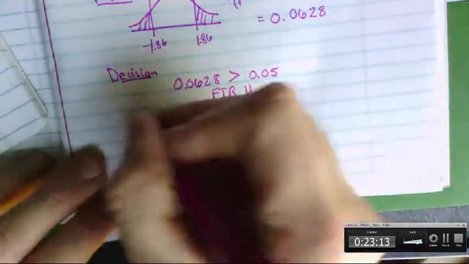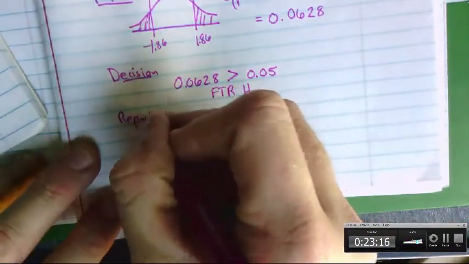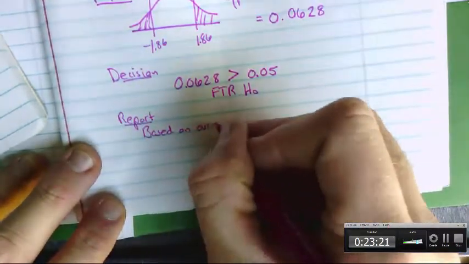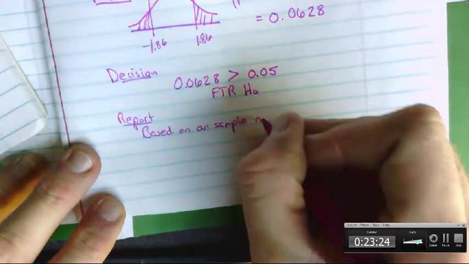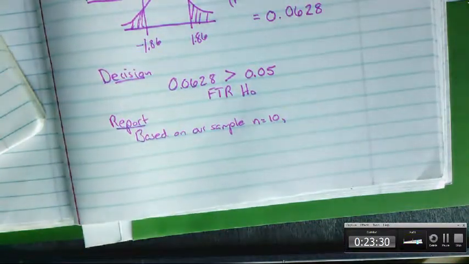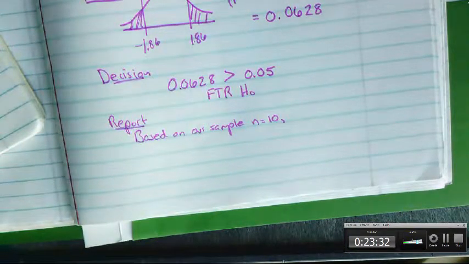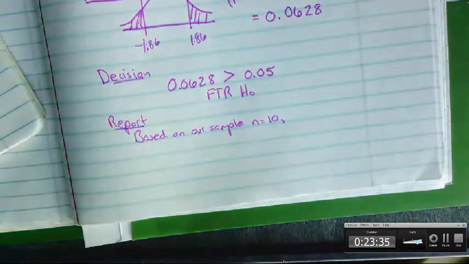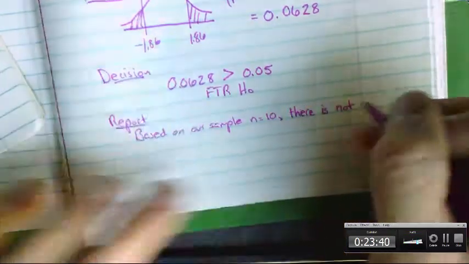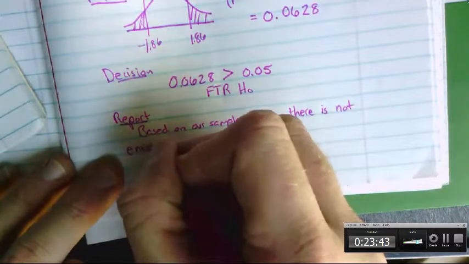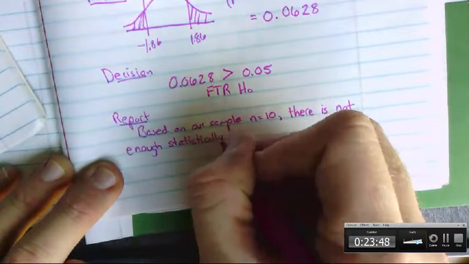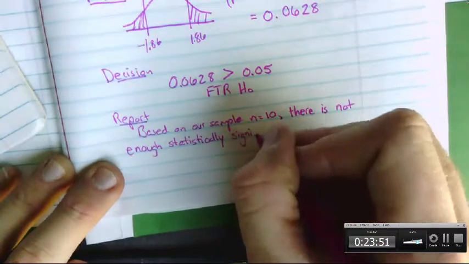All right. So that's our decision, and then here's our report. Based on our sample, n equals 10. If you fail to reject, then you did not have enough statistically significant evidence. Good job. So you say there is not enough statistically significant evidence